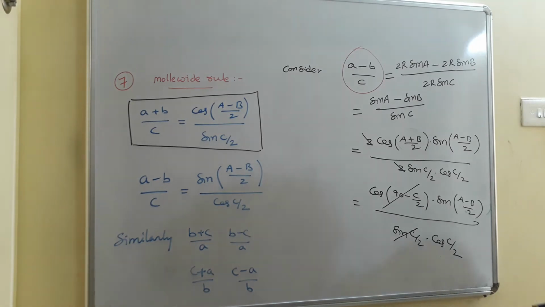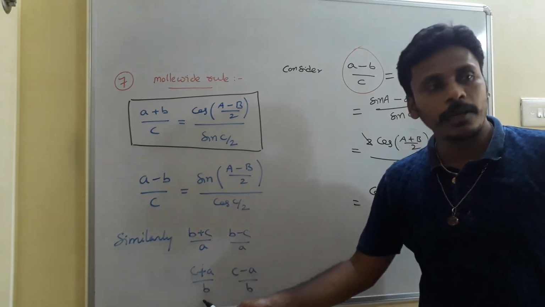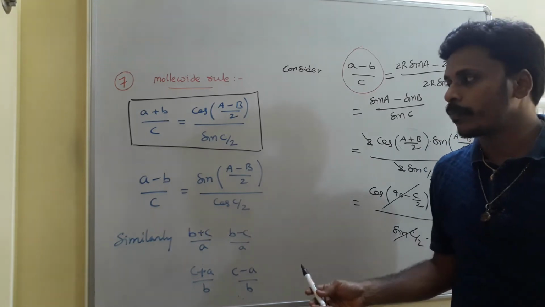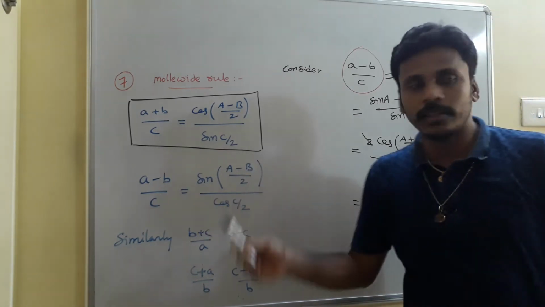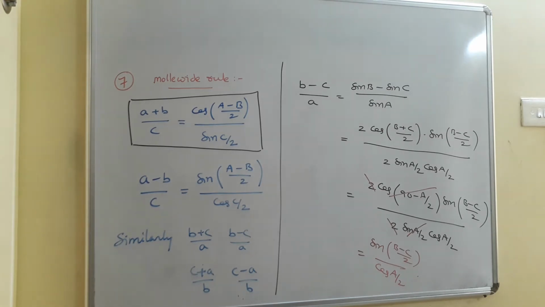Now you just look there. What about (b + c)/a, (b − c)/a, (c + a)/b and (c − a)/b? Similarly, we have a chance to write this (b + c)/a, (b − c)/a, (c + a)/b and (c − a)/b also, okay? Now I will give you the list of all these things. Meanwhile, you just look at the simple explanation for (a + b)/c and (a − b)/c. If you have any doubts related to that, just everybody look there, okay?